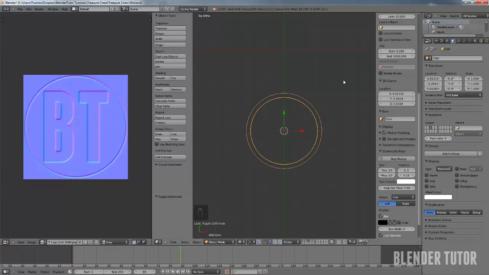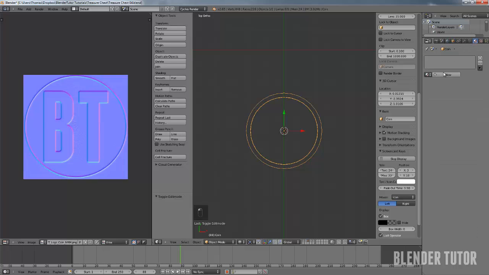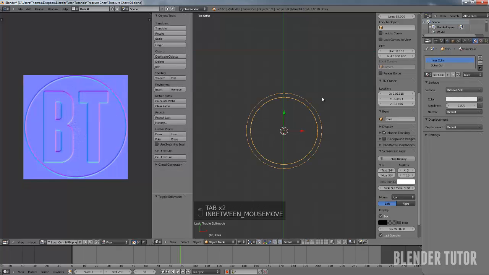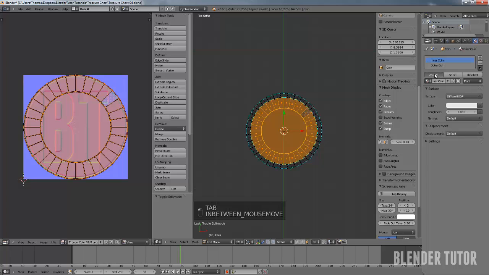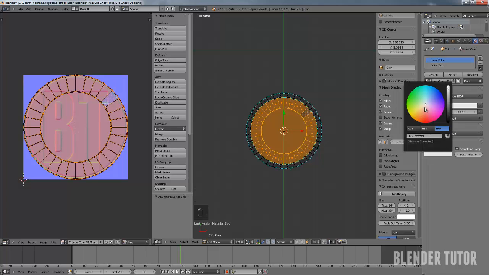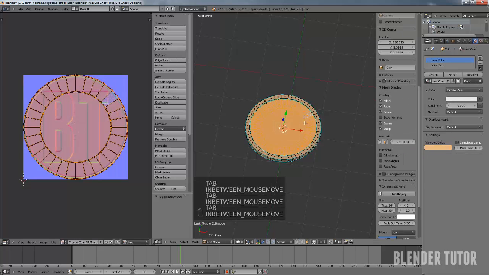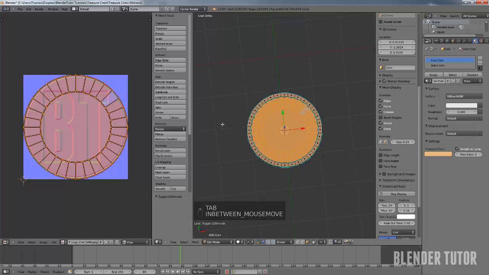And now what we'll do is give it a material. And we're actually going to have to create two materials for the coin. So let's call this inner coin. And then add another one that we'll work with a little later, just called outer coin. So right here, with that, we'll assign the inner coin, and just for our sake right now, I'm going to color this a little differently. And you can see all of it is selected with the inner coin right now, but I actually want the outside not to be mapped to this normal